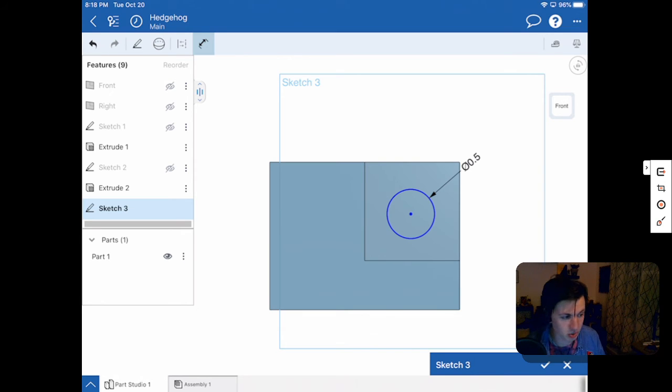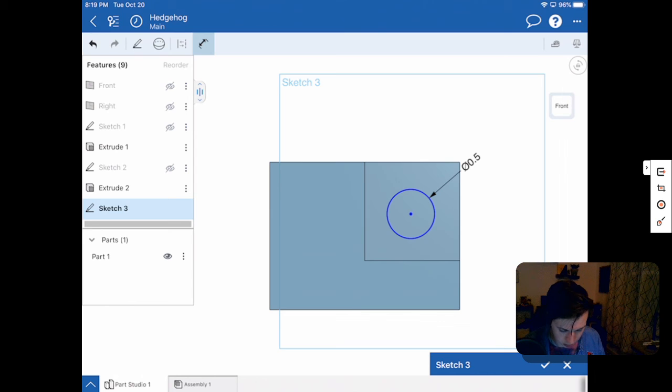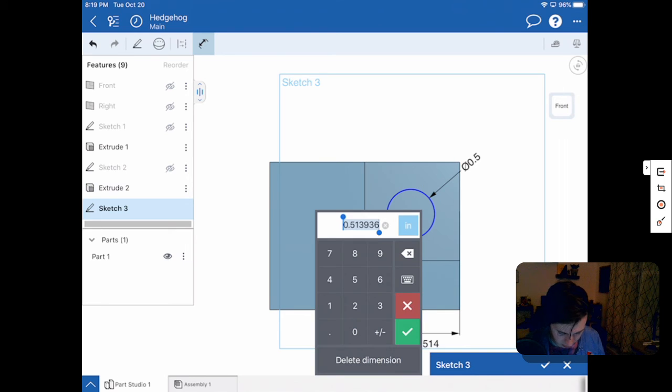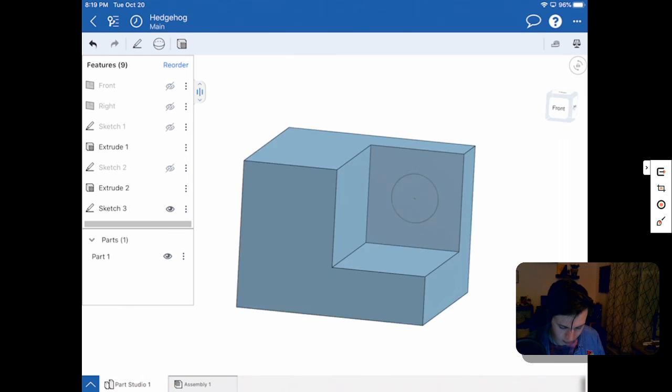So now we need to worry about the positioning. Let's see if there are any dimensions that are connected to that circle. Right there, we have a line that goes right to the center point. That's what those lines mean. And it's 0.5 and 0.5 from each of those edges. So now we can go back into here and let's throw in those dimensions. So I'm going to go from the center to the outside, and this dimension over here is 0.5. And then from the center to the top line is also a dimension of 0.5. Cool. So now that that's done, I will finish my sketch by hitting that check, go to my isometric view,